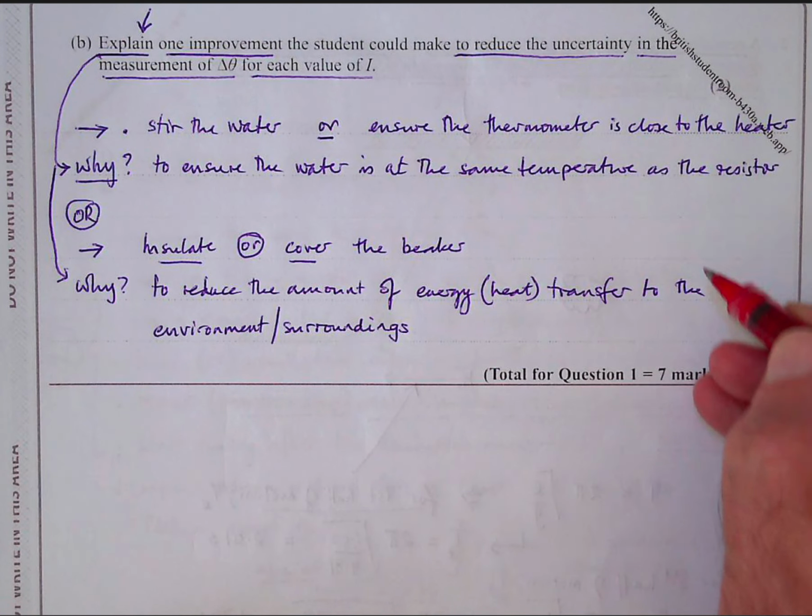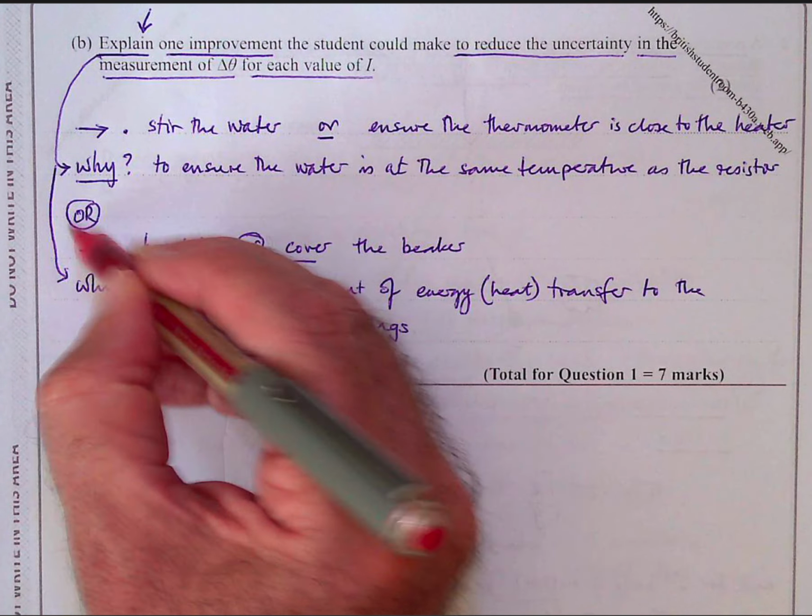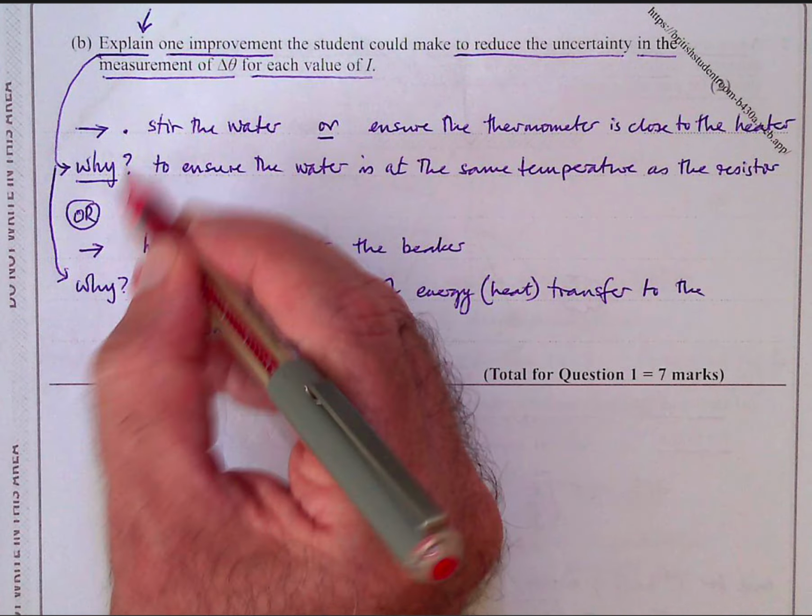So you either get the 2 marks for doing this with the explain why, or if you thought of doing this method, that would be your 2 marks. So each time you've got to state the improvement and explain what that improvement does in terms of